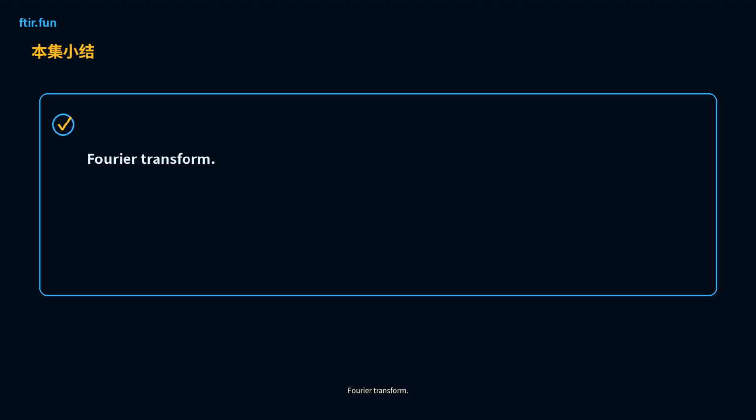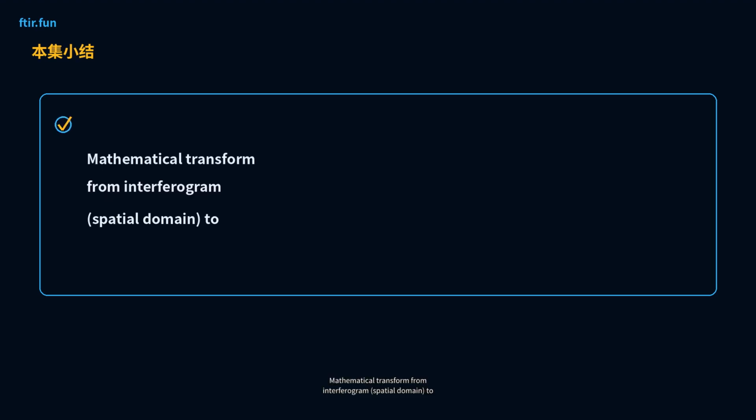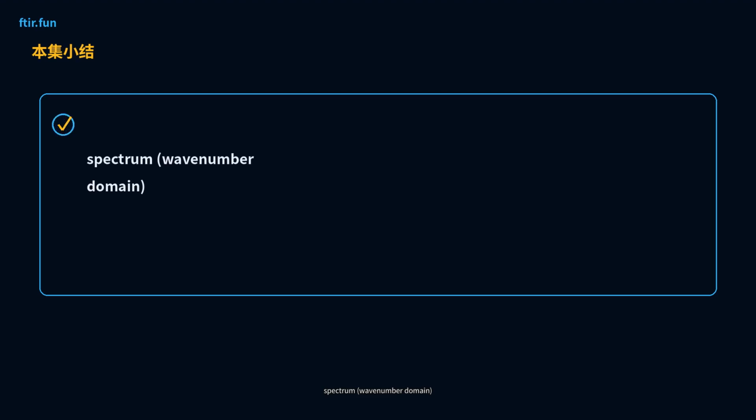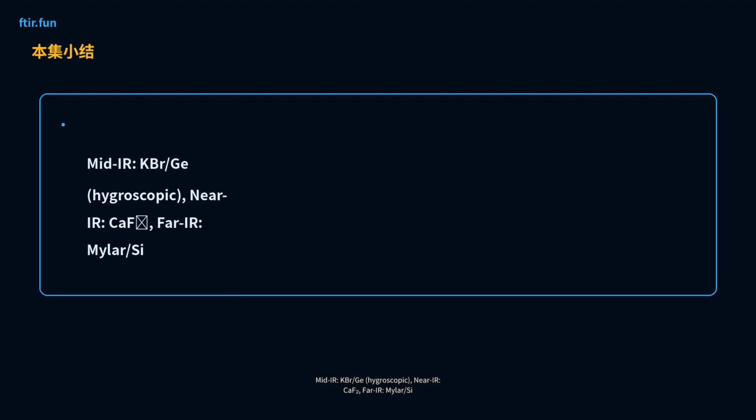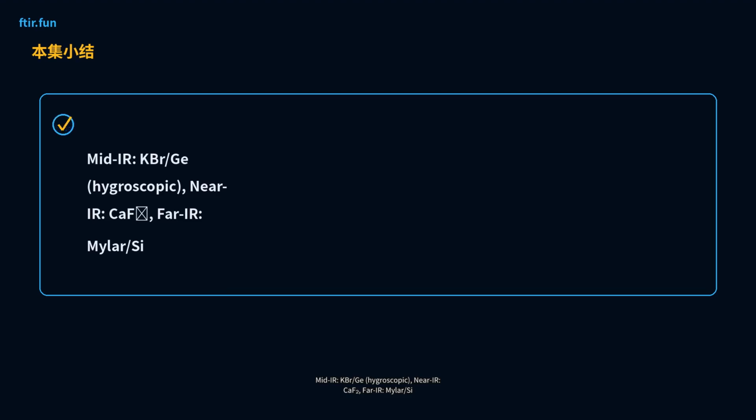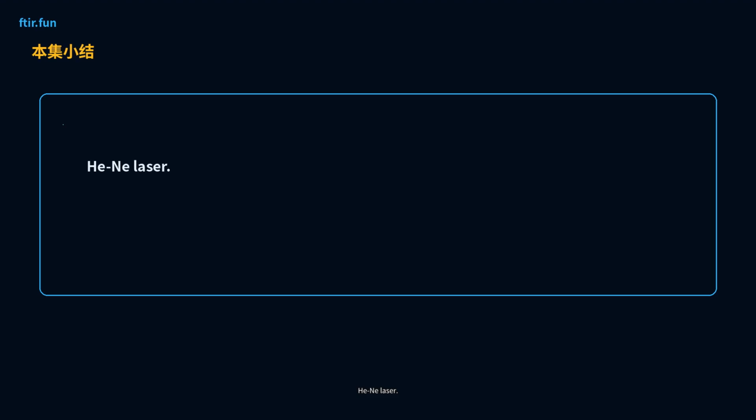Fourier transform. Mathematical transform from interferogram, spatial domain, to spectrum, wavenumber domain. Resolution formula. 1 over 2L, where L is moving mirror travel. Beam splitter materials. KBr, hygroscopic, near-IR, Mylar. HeNe laser,